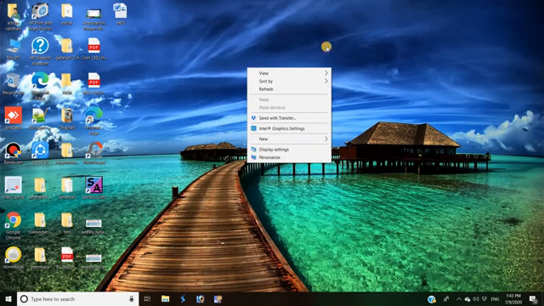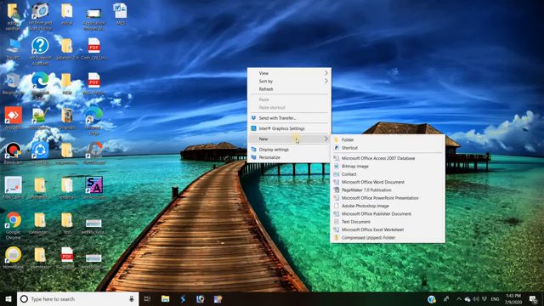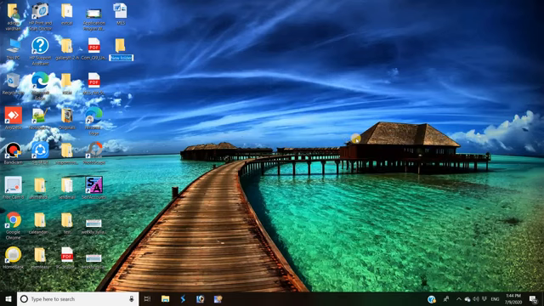This menu is called the shortcut menu. Bring the mouse pointer near the New option, and you will see an adjacent menu appears in which an option named Folder is appearing. Now clicking this Folder, a new folder is created by the name of New Folder. Now you are looking here, the new folder is created.